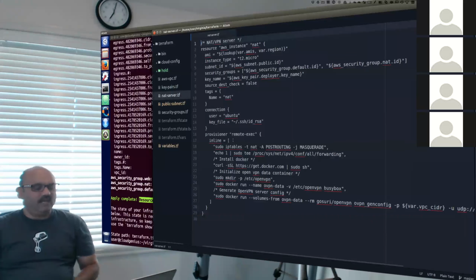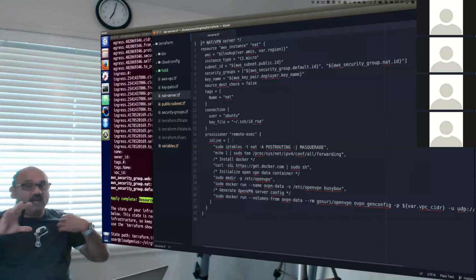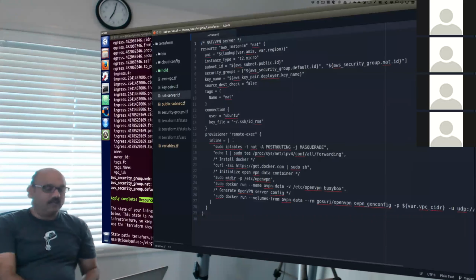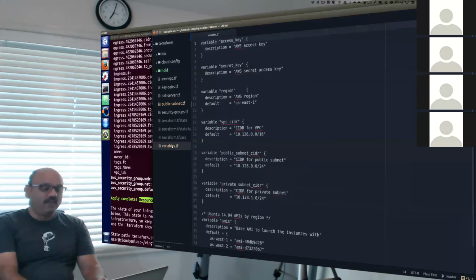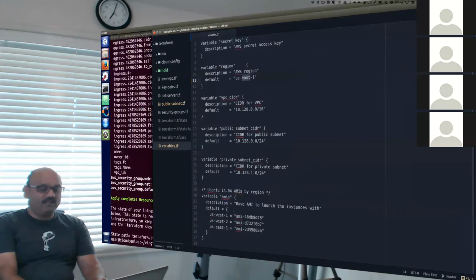And now let us look at this particular file. The file itself, we'll go line by line. This is going to create a NAT box. And that's what line number 2 says: create a NAT box. Use the AMI ID, look it up from the variables file for the region that I have chosen, and the variable that we are going to define is already defined in this file here. The region we have chosen is East Coast. The AMI ID is defined here in line number 35, which is nice.